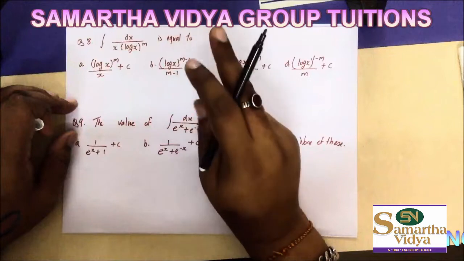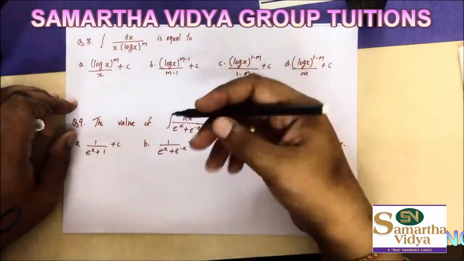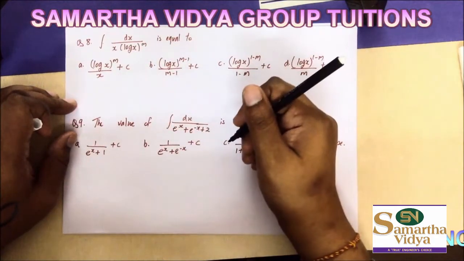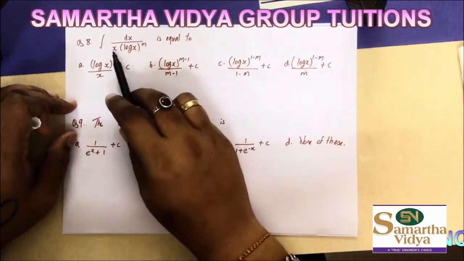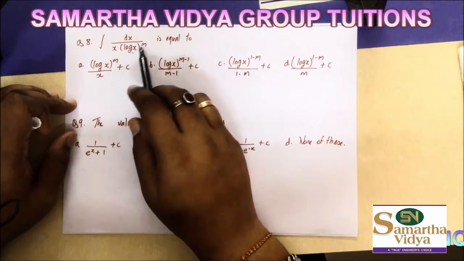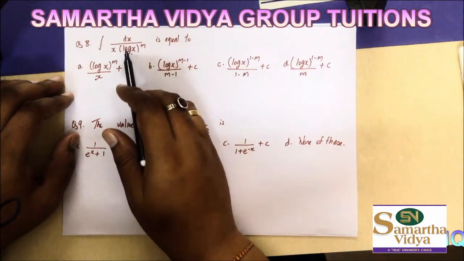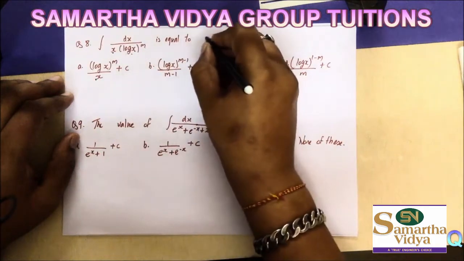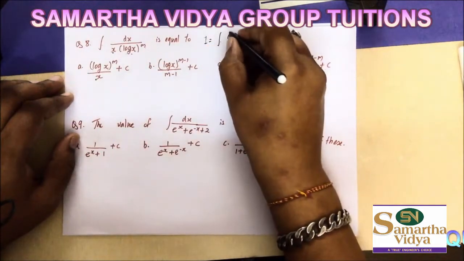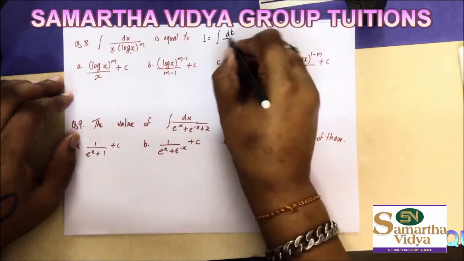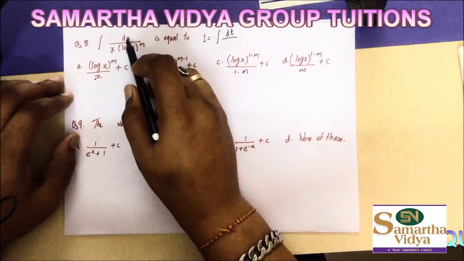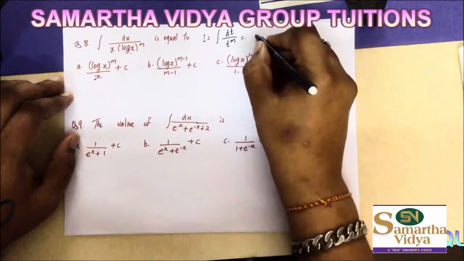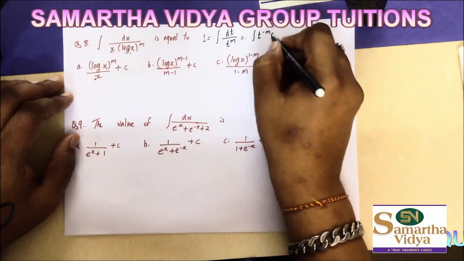In the last video, we had given you two questions to solve so that you can have some practice. So these are the two questions, and we'll be providing you the solution in this section. We have the integration of dx upon x (log x) raised to m. Basically, we are going to substitute t = log x because the derivative of log x is 1 by x. So the integration becomes integration of dt, where dt is nothing but dx by x, upon t raised to m. So this is the integration of t raised to minus m dt.